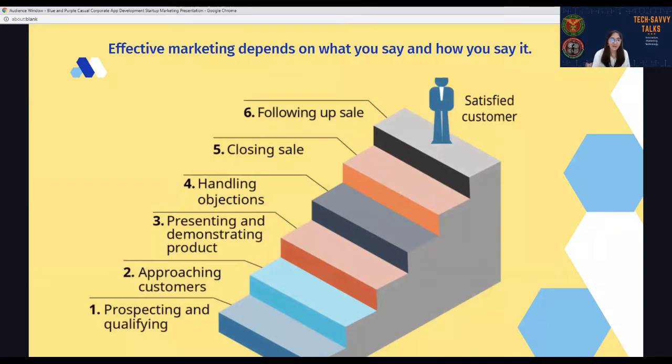Okay, so the process of personal selling in a rundown. So first we have the prospecting and qualifying, in which the salesperson looks for sales prospects, and then approaching the customers. After identifying the prospect, the salesperson explains the reason for wanting an appointment and sets a specific date and time. And then presenting and demonstrating the product. The presentation and demonstration can be fully automated, completely structured, or somewhere in between.